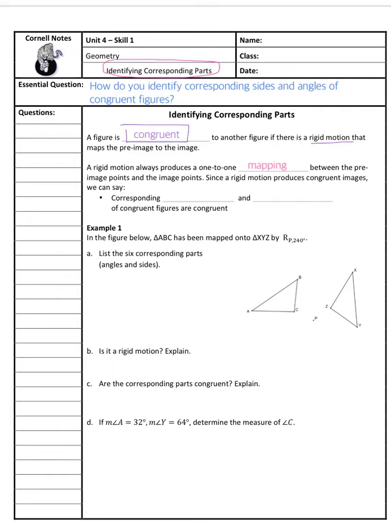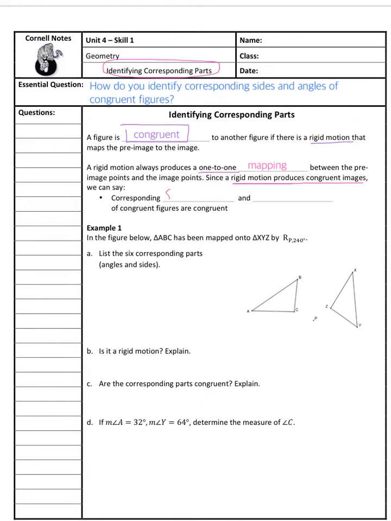For the second sentence here, a rigid motion always produces a one-to-one mapping between the pre-image and the image points. So what we say is that one figure can be mapped onto the other figure, and that's all because rigid motions produce congruent images. And therefore, what we can say, I'm going to give my handwriting a try here, that